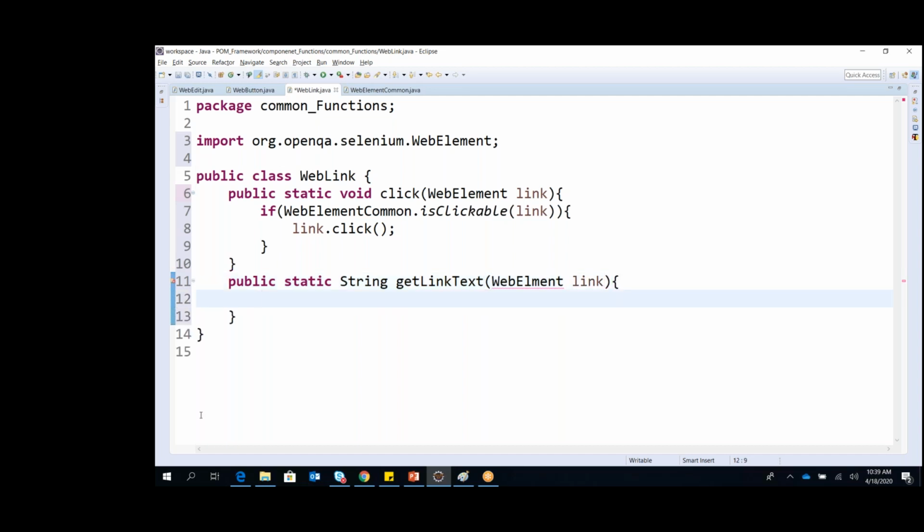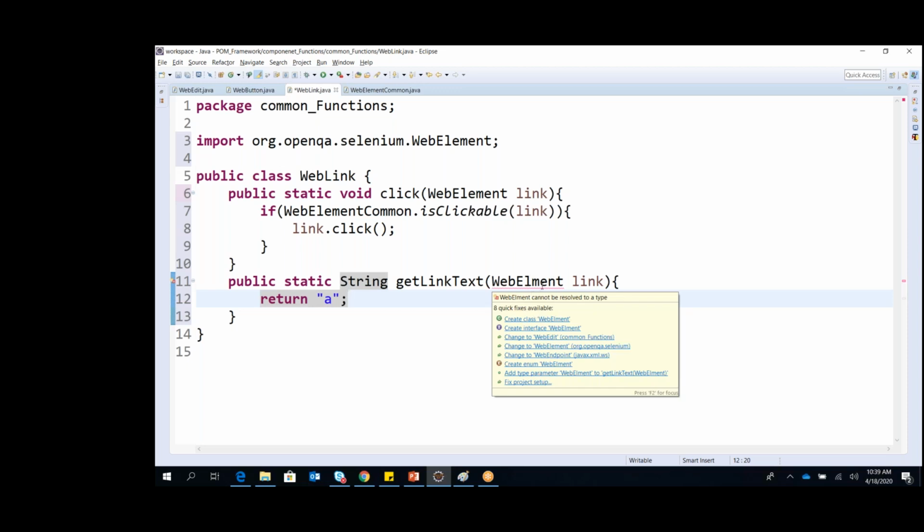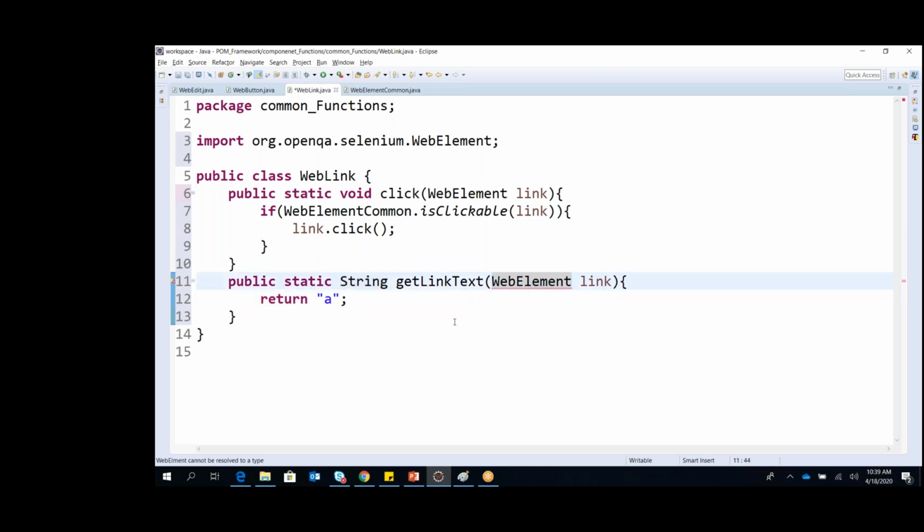As of now, I'm not returning anything, I'm just returning here to avoid any error. You can do this in getLinkText or other operations, all the common operations on the link, within this class, so that it is accessible to other projects as well.